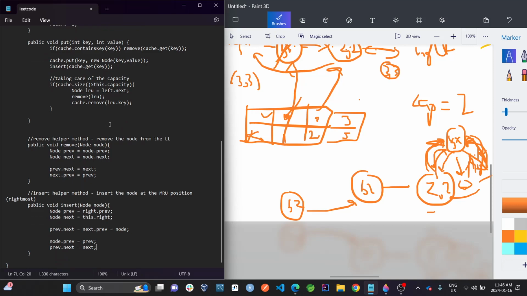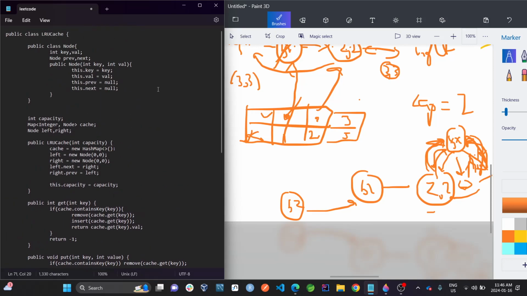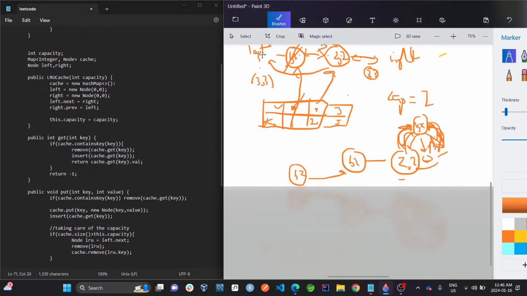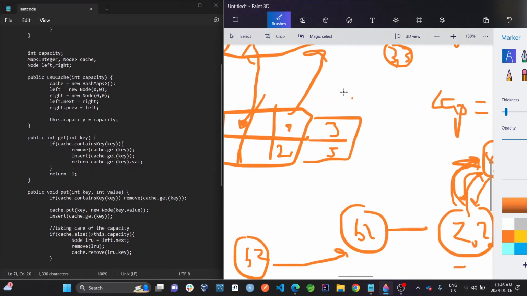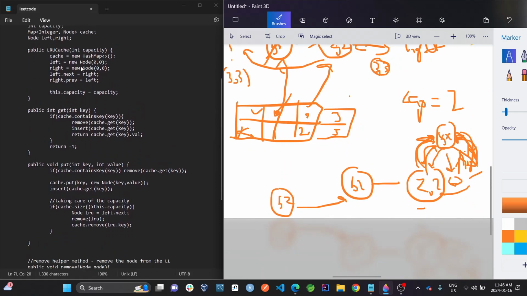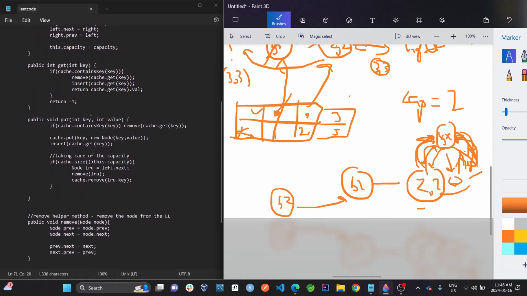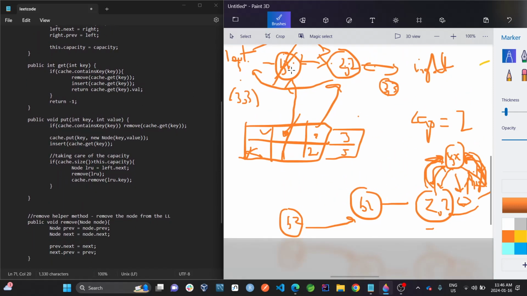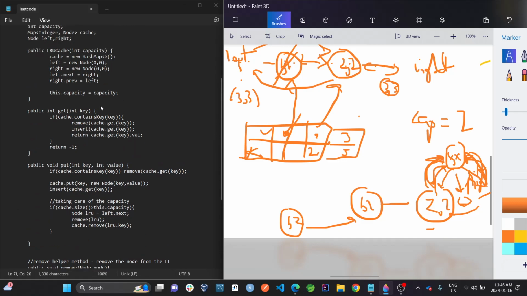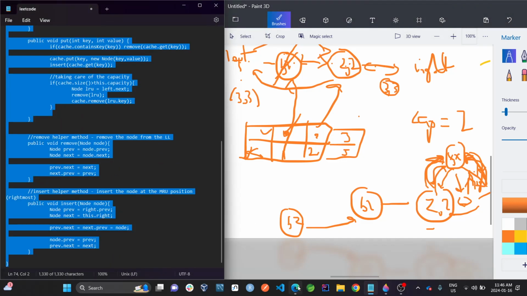Yeah. So that's all. Just to go through the code, we have a doubly linked list class, and we initialize our hash map cache, left and right dummy positions in the linked list, and capacity. That's what we initialize in our constructor, and then we have two methods, get and put. Get is going to get the value out of the linked list, and put is going to put it back to the linked list, or the cache. And then we have helper methods, remove and insert, to help us with this. So fingers crossed, let us try putting this on